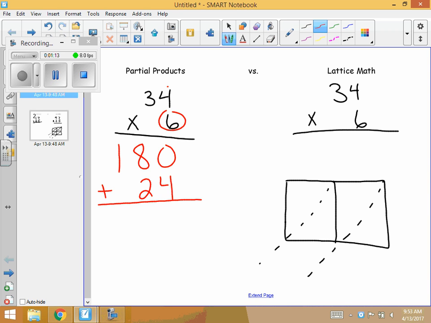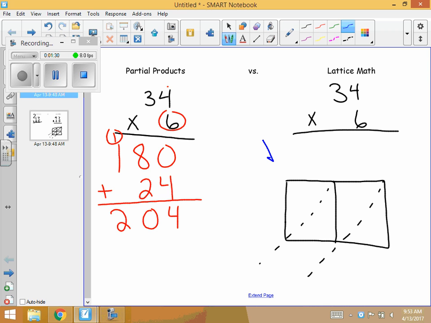Then I go down below. We're going to add those up. Start on the right side. 0 plus 4 is 4. 8 plus 2 is 10. Bring the 1 over. 1 plus 1 is 2. There is partial products. All right, and taking that same problem, 34 times 6 with the lattice method,